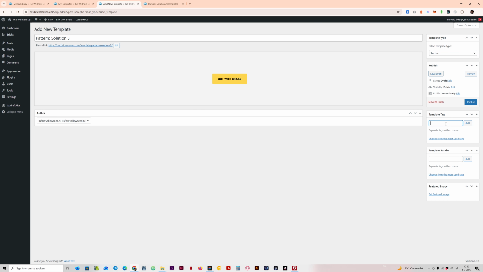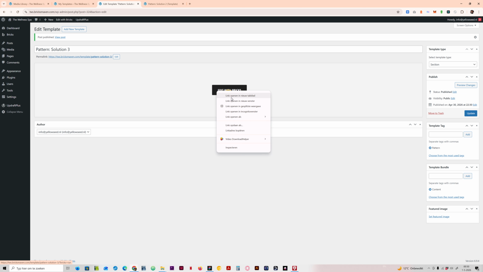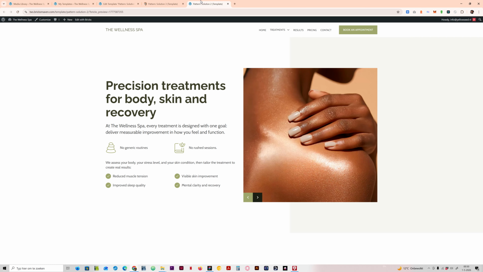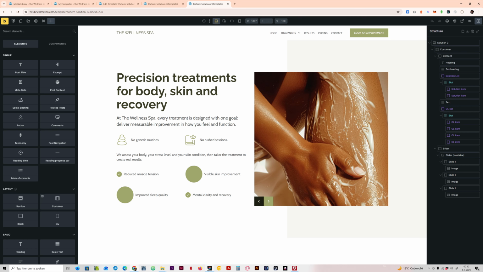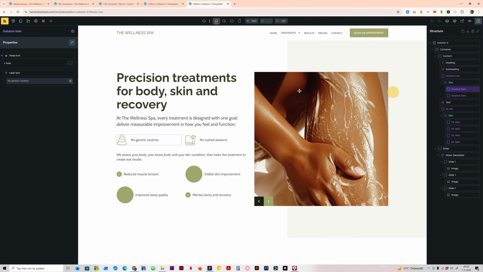Set this to section. This is a pattern. Add. And this is a content. So I'm adding this to content, and I'm then just opening this up. I'm going to open this in Bricks because I may need some components from here. And if you watched when I created the components, you will notice that I can change. If I go to the